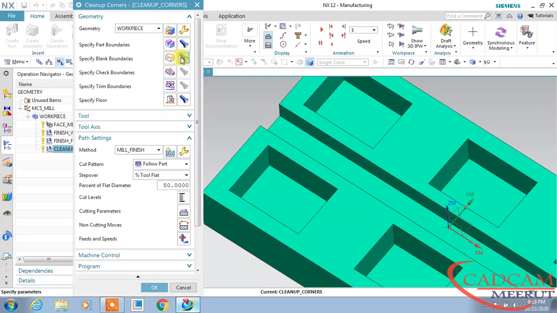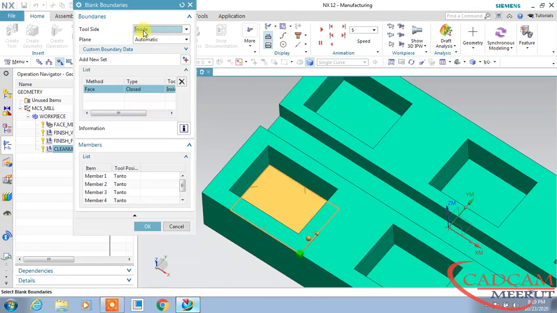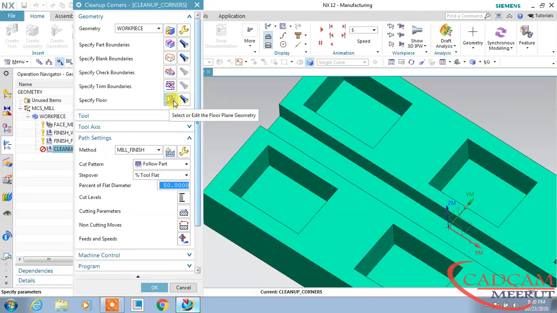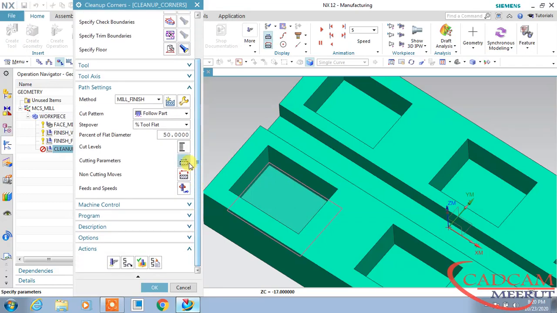For blank I have selected this bottom face. Specify floor is this bottom face, and in cut pattern, follow part, and scroll down.